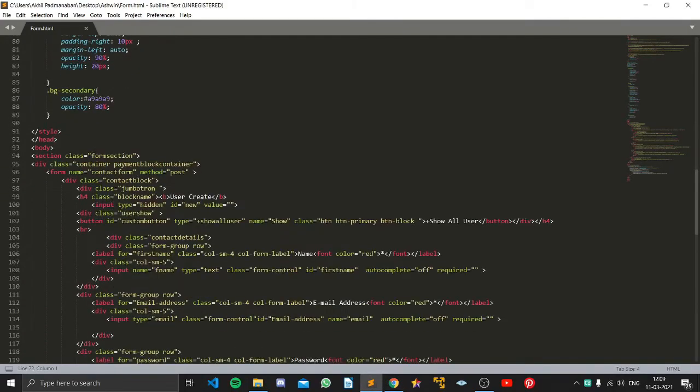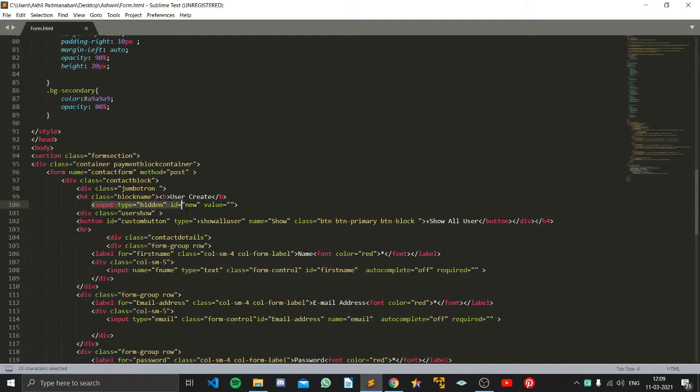Now after this we are going inside the h4, that means heading 4. This is inside the function class block named user create. First we are doing user create, p in the sense of bold letters. So we are going to the block name part. Then inside that, input, we are inputting the data.